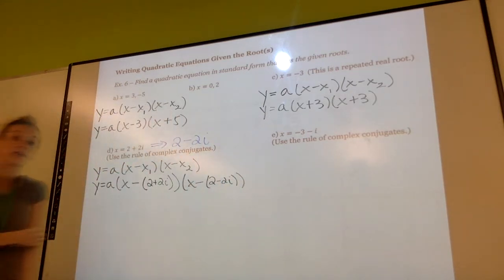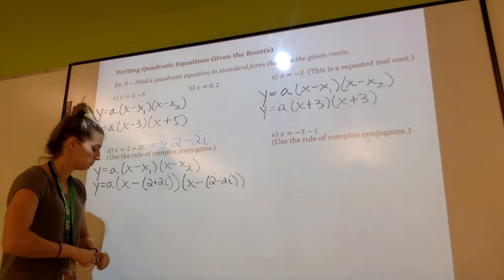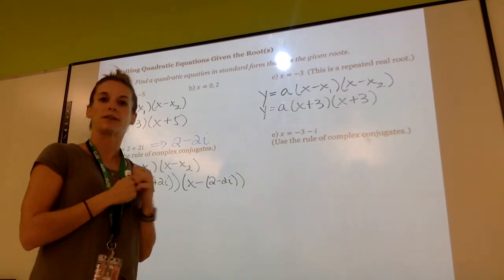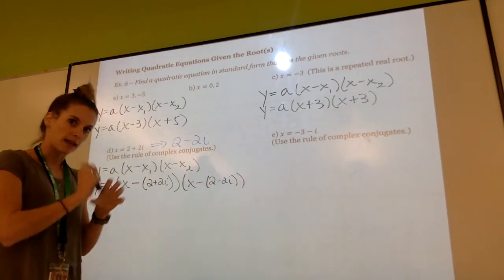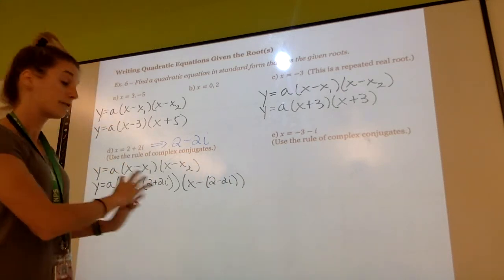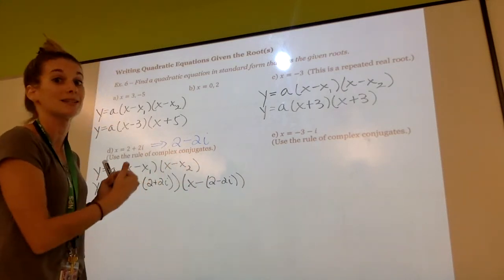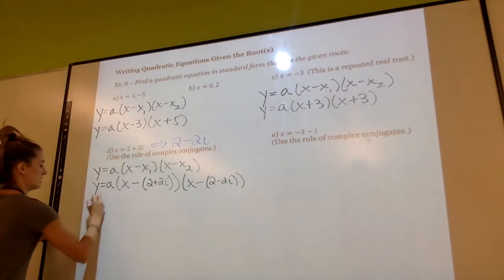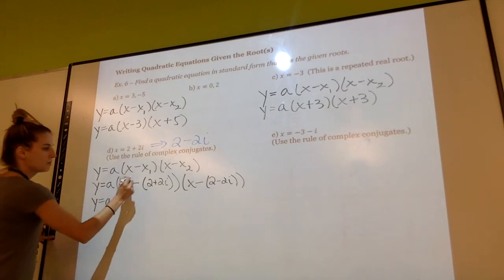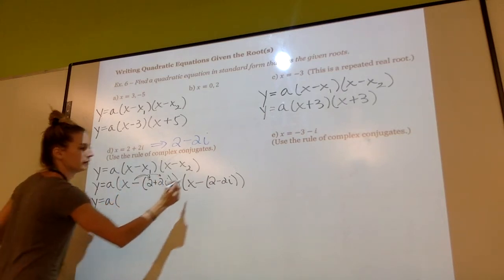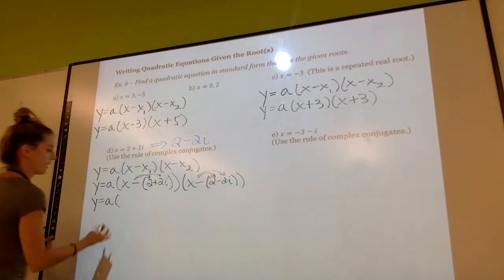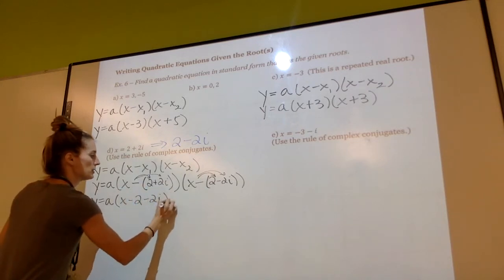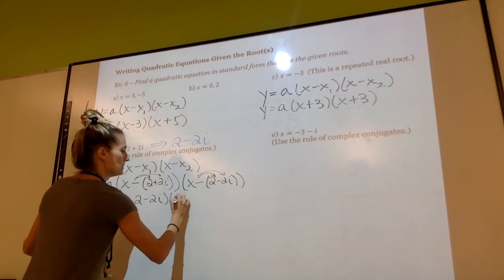Now from here, there are a few different ways that you can solve this. I like to do it the difference of perfect squares way. I'm going to show you what that looks like, but I want you to keep in mind that difference of perfect squares is going to show up at some point within these steps. So from here, I'm going to distribute that negative inside of each factor. This becomes x minus 2 minus 2i, and this becomes x minus